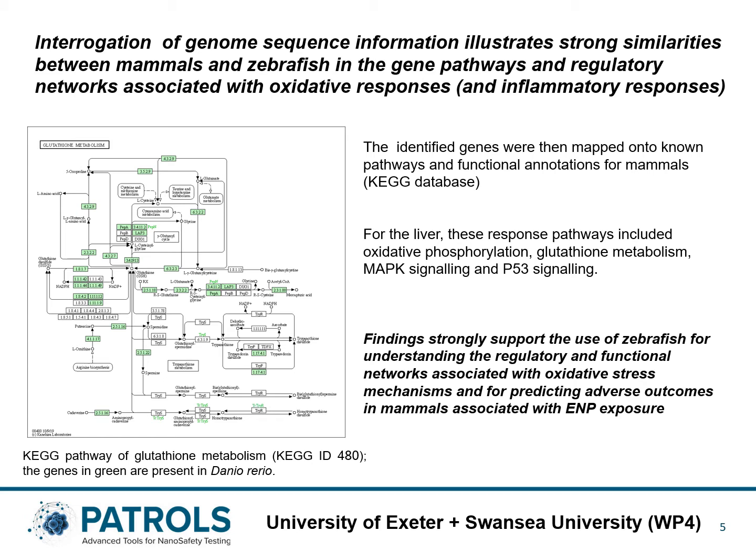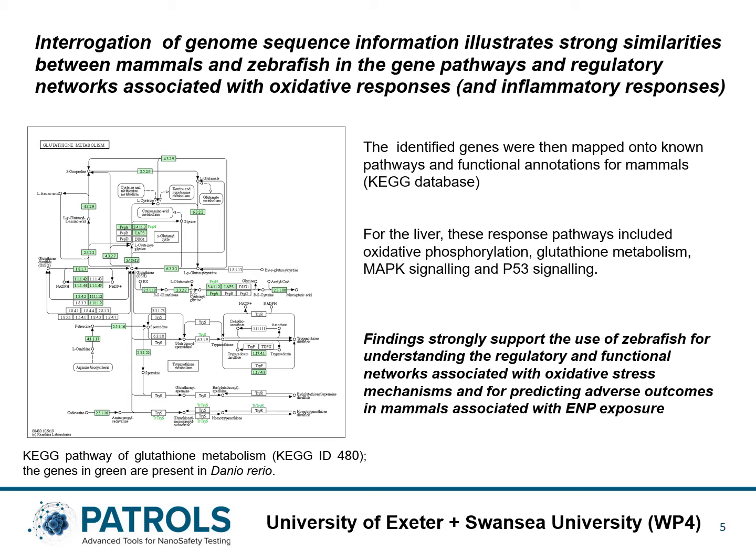KEGG pathways are pathways that provide all the information in terms of the genes involved, in terms of regulatory networks and response pathways for mammals. And here we're just looking for part of the oxidative stress response pathway for glutathione metabolism. The green boxes indicate where we are able to identify zebrafish orthologs mapping to components of that glutathione metabolism response pathway. And we were able to show high representation of genes, zebrafish orthologs, onto that mammalian